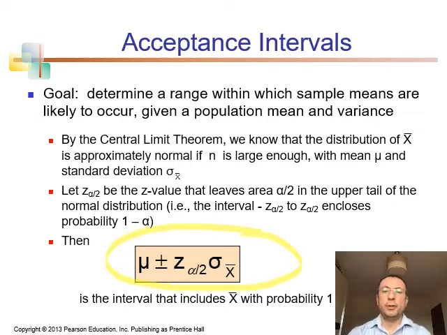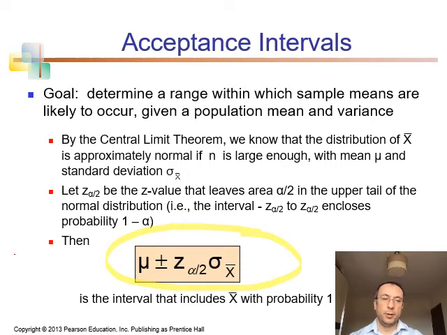And those intervals equal, for example, mu plus minus z alpha over 2 times sigma x bar. Now you might be wondering what is z alpha over 2? We will see this later on, but this is usually a number that corresponds to a confidence interval, and the most commonly used number